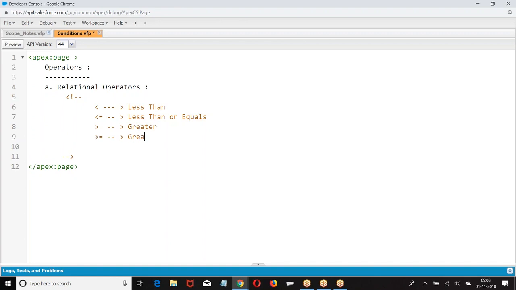For people who are new to programming, we have the operators less than or equal to, greater than or equal to.